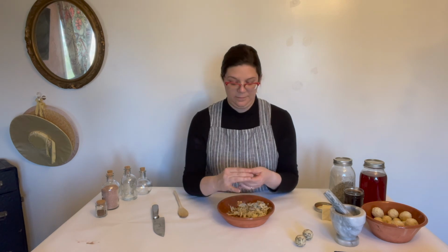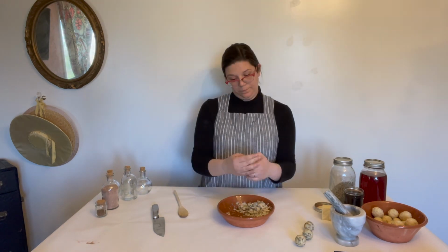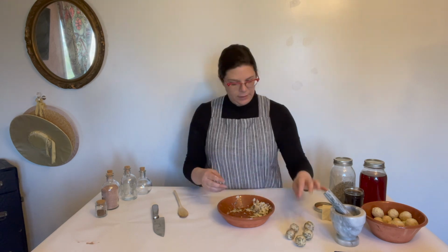Soap recipes similar to this one can be found in the Toilette of Flora or in Hannah Glass's cookbook, The Art of Cookery Made Plain and Easy. Both editions can be found online